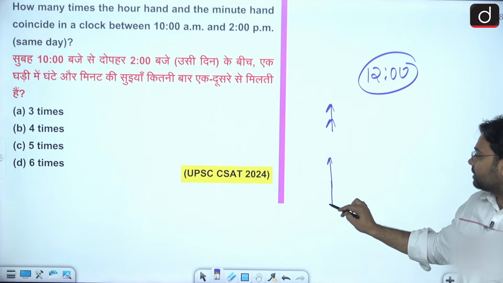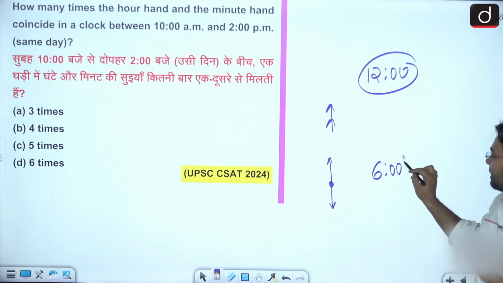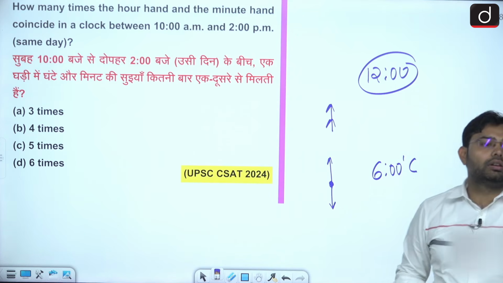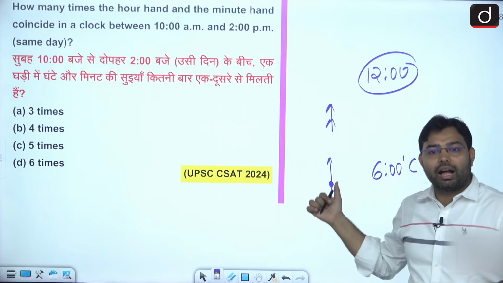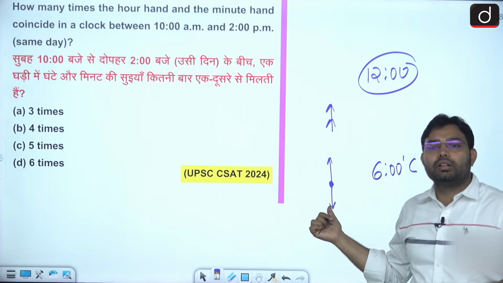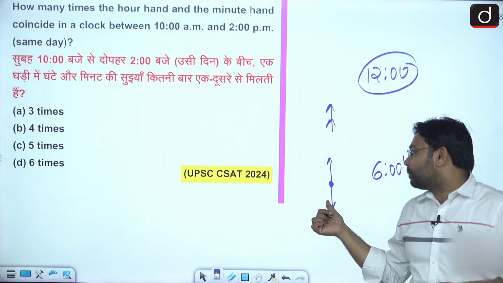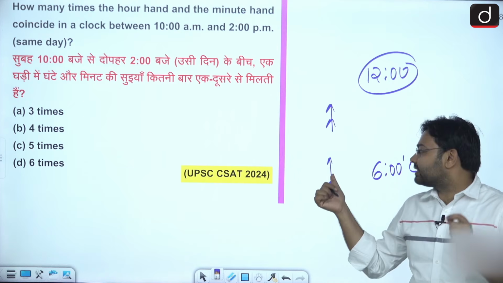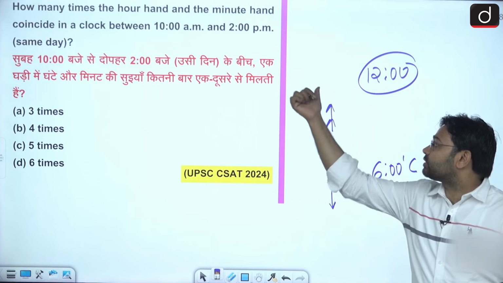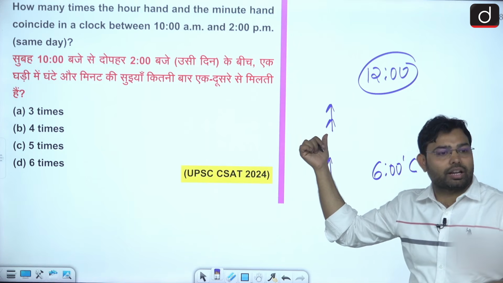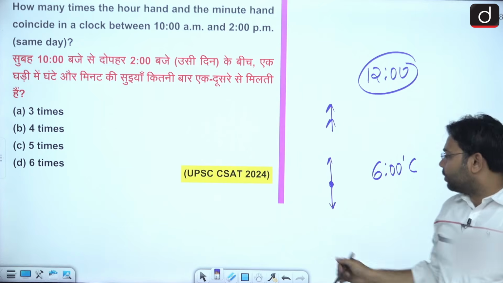one point is this. If this is 6 o'clock, imagine 6 o'clock. 6 o'clock is minute hand is on 12 and hour hand is on 6. So these two hands are in opposite direction and we can say this is opposite and straight. This is straight but in same direction, or you can say coincide, or you can say together. Clear? And one more thing, that is